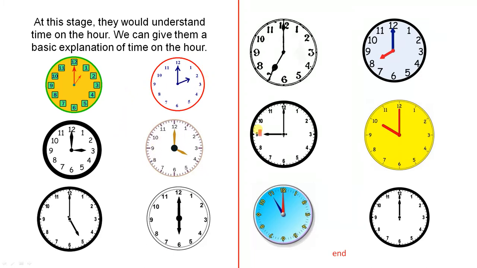So here are 12 clocks altogether, giving you all the different times on the hour. So in a very simple and basic way, just explain to them the minute hand and the hour hand, and where those two hands have to be situated when we have time on the hour. And they can be presented with those 12 clocks there, and that would make the learning a lot